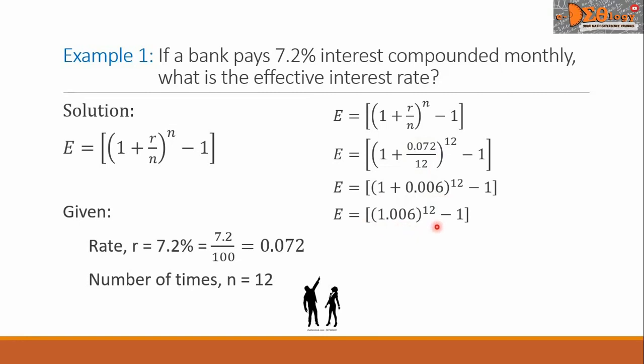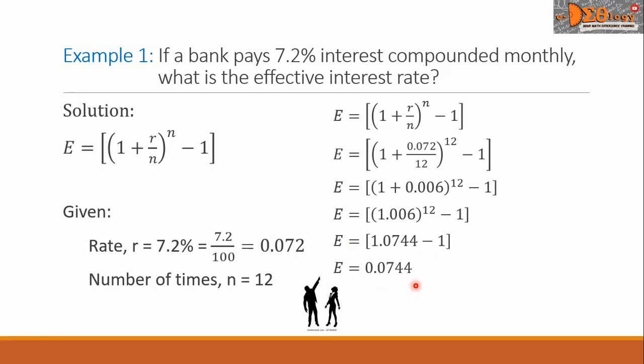This decimal is raised to a power 12, and the value will be 1.0744. And then let us subtract this by the constant 1. Our effective interest rate is